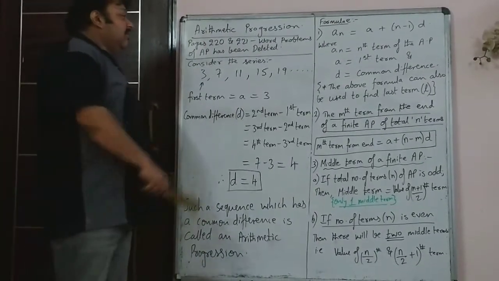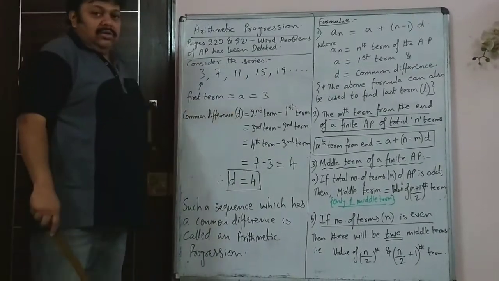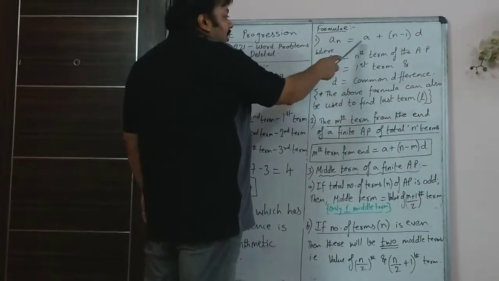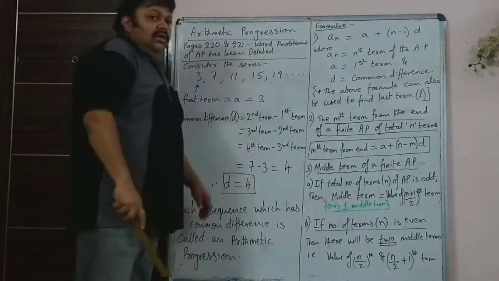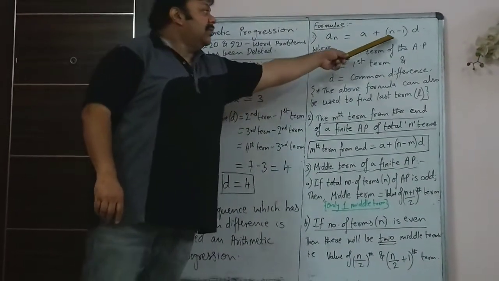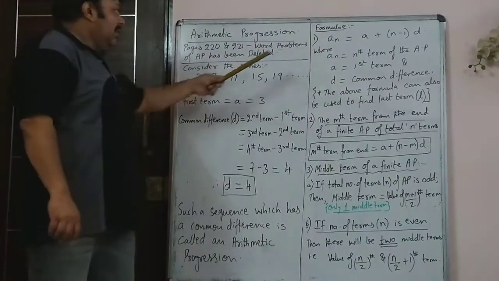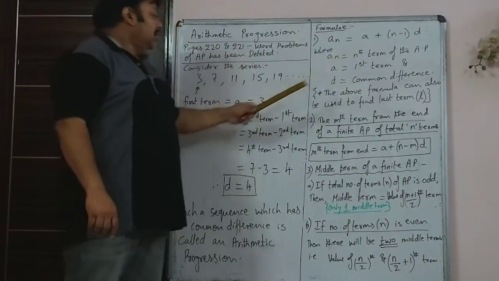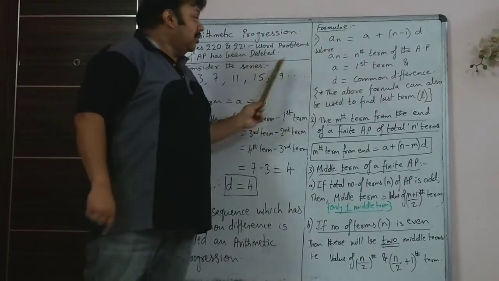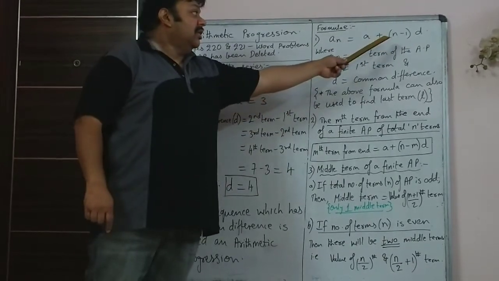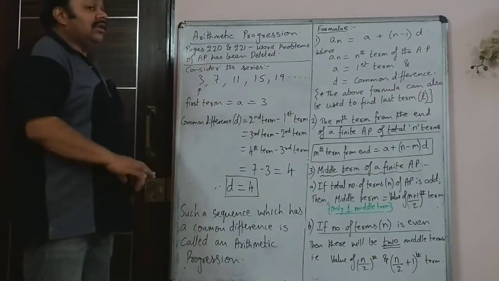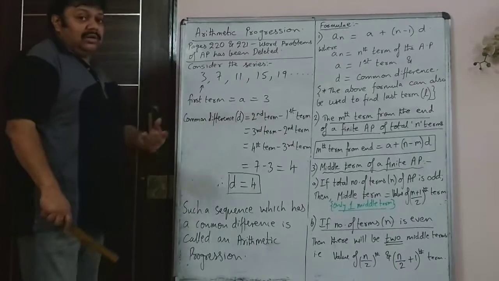Now there are some formulae if you are asked to find the 10th term. So let's say the nth term. The nth term of an AP is A plus (n minus 1) D. So if you are asked to find the 10th term, so A10, n will become 10. So it will be 3 plus (10 minus 1), 9, into 4. So 3 plus 9 times 4. So the 10th term of this series would be 3 plus 9 fours are 36. So 36 plus 3, that is 39. The 10th term would have been 39.